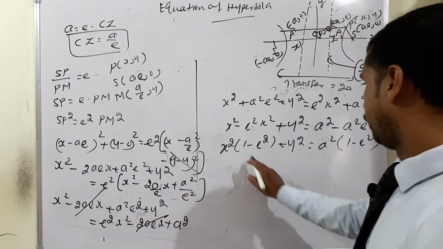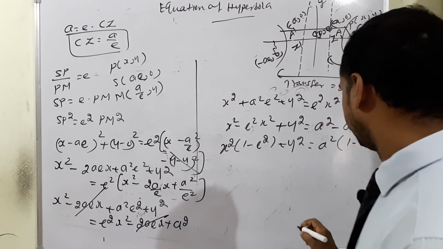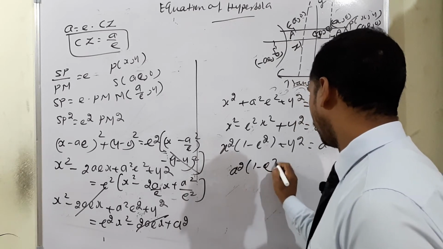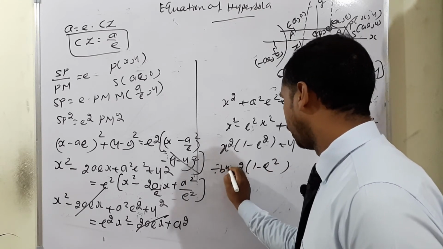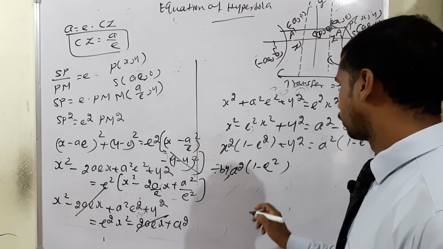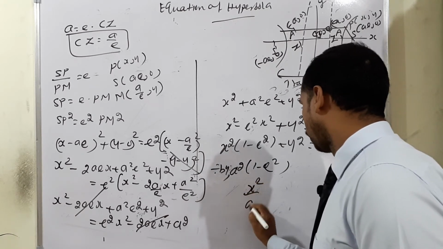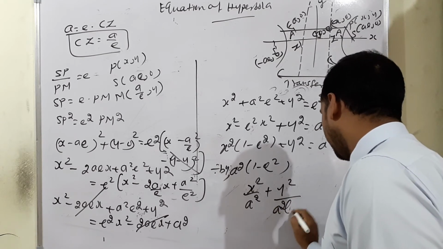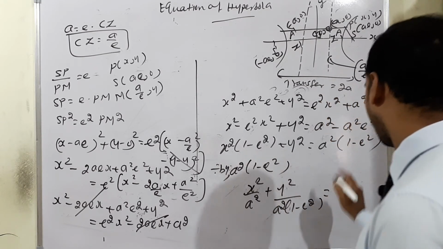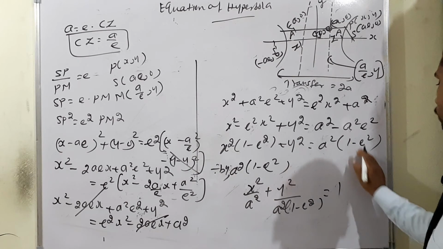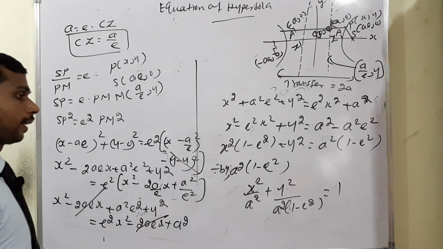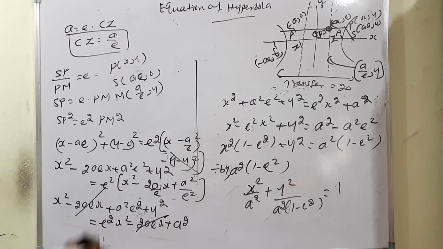So look at there, each and every time divided by a square into 1 minus e square. We can write it x square by a square, then plus y square divided by a square into 1 minus e square. Opposite side only 1 will come, because a square into 1 minus e square divided by a square into 1 minus e square means we can cancel. Therefore, the main condition